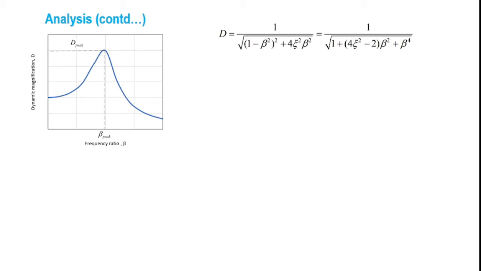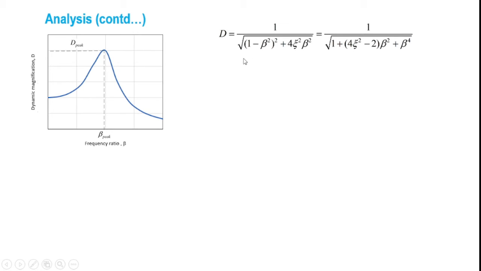Okay, so let us find out what the value of the frequency ratio beta will be, that is beta peak, that results in a peak value of capital D. Remember, this is a plot of beta versus capital D for an assumed value of the damping ratio. And now we would like to find out the peak value of the frequency ratio for which the dynamic magnification factor, and hence the amplitude, will be maximum. So in order to find this out,